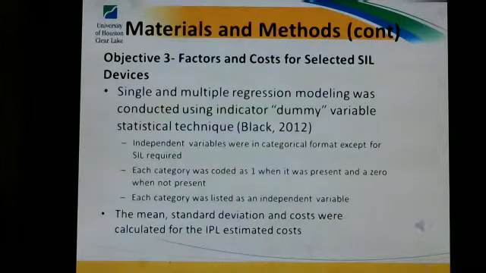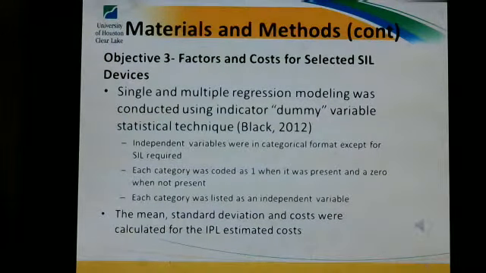Since all the independent variables other than the SEAL required were in category format, each category was coded as 1 when it was present and 0 when it was not present in the scenario